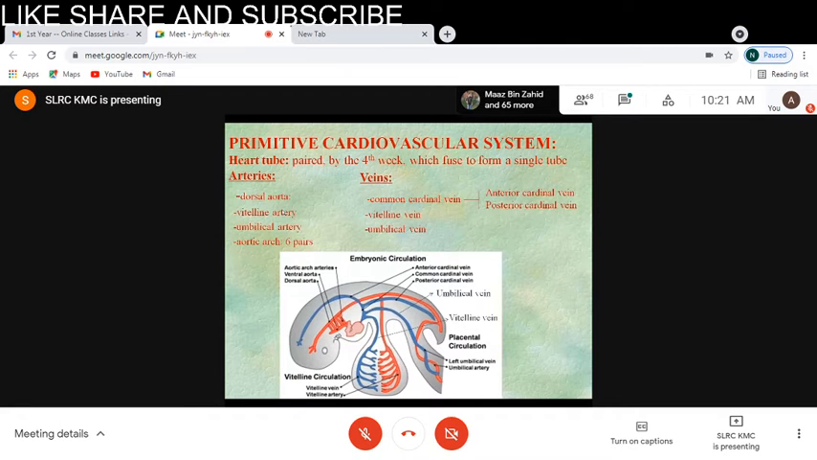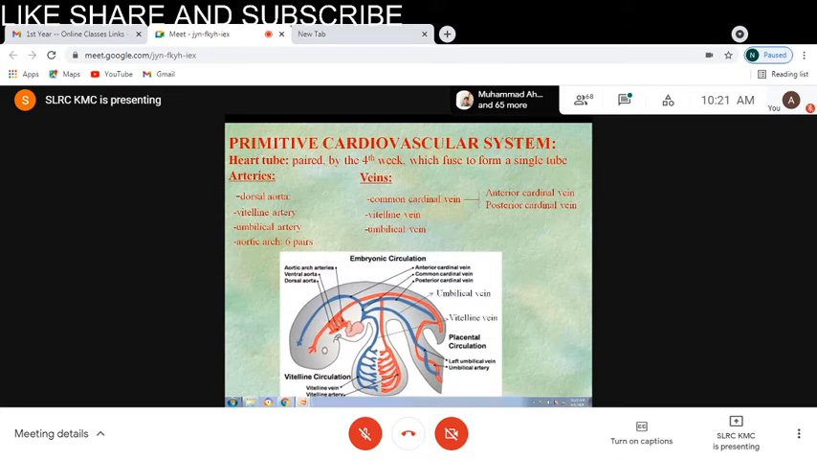Now, if you look at the figure, this is the developing heart. These are the aortic arches. This red one running across the entire length of the embryo is the dorsal aorta,